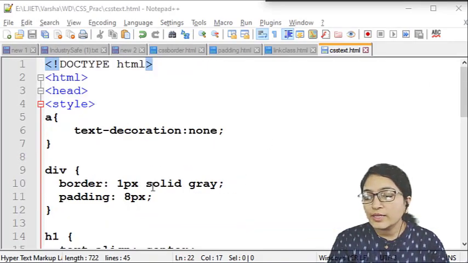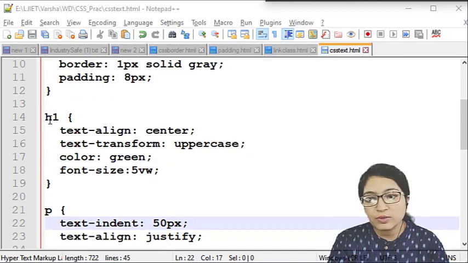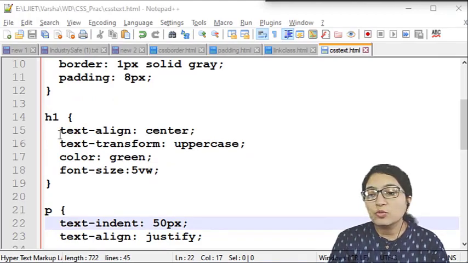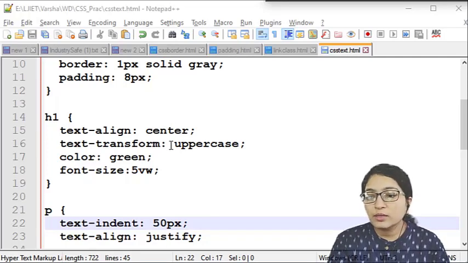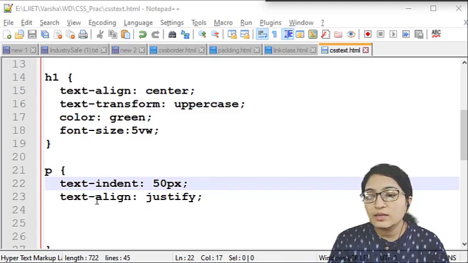So here in the H1 selector, we have used these two properties, text align, that is center, and text transform, that is uppercase. Here you can use lowercase, capitalize. Here you can use left, right, justify, etc. Okay, so here also you can see the text align we have used is justify. So the justifications will be there.